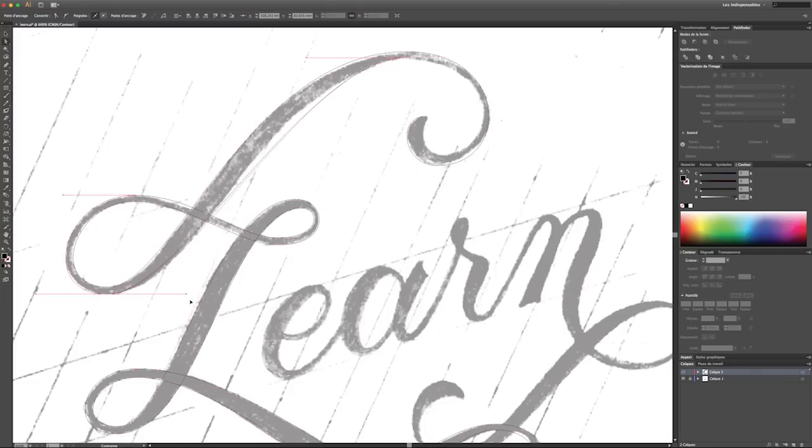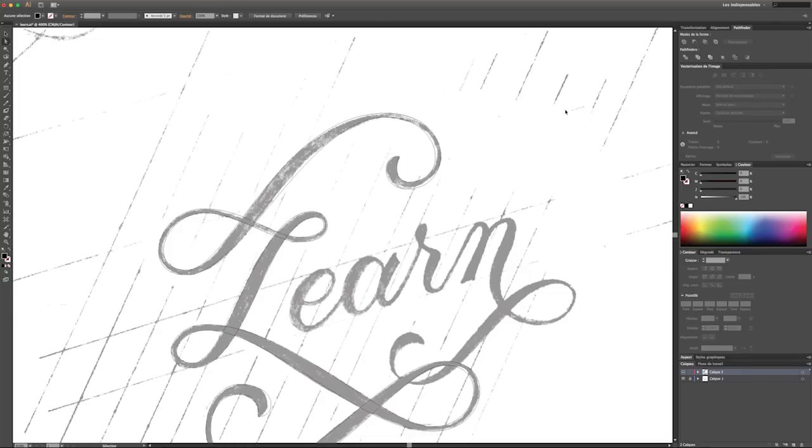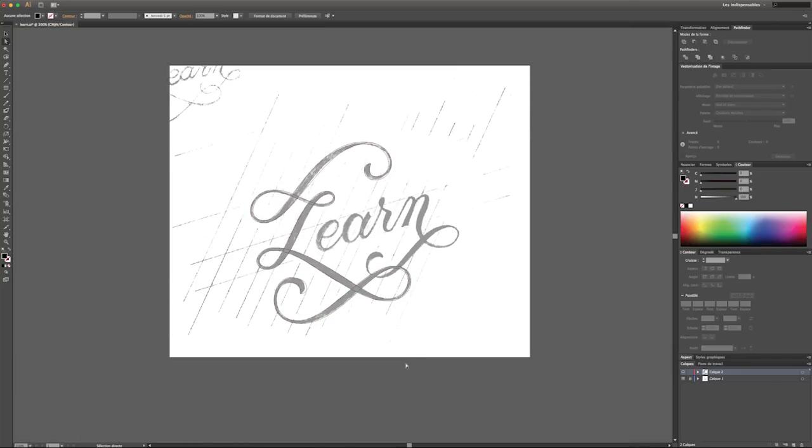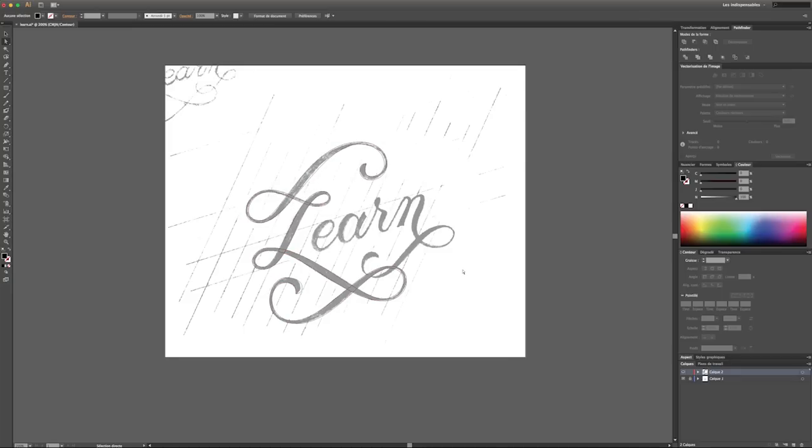Fix my curve again. There. Go back with my pen tool. There. Drag it. Fix this. And finish it here. Fix it here. And there, we're done. So I'm gonna zoom out. Check if there are things I can fix. You won't be able to check if there are things that need fixing until you reveal